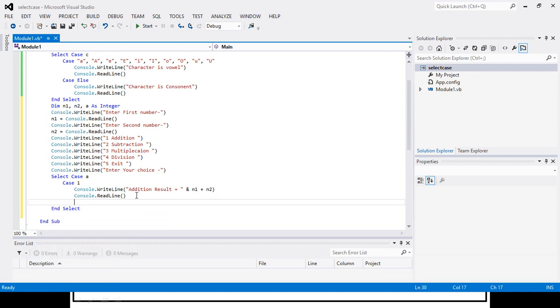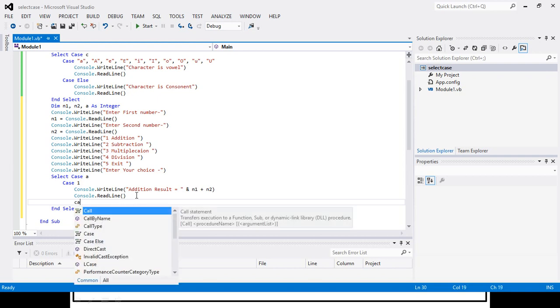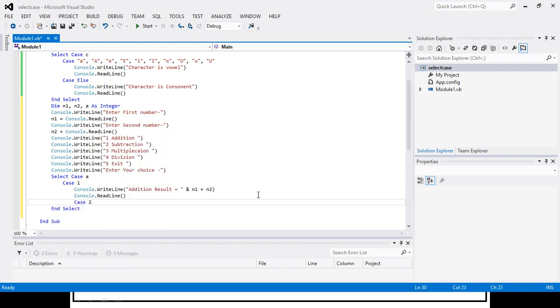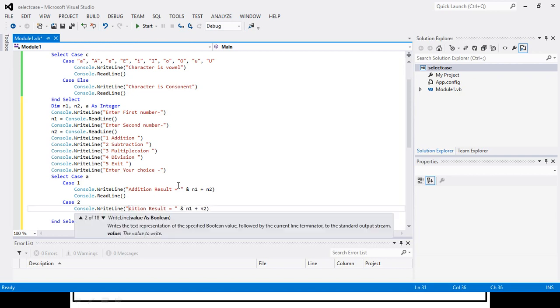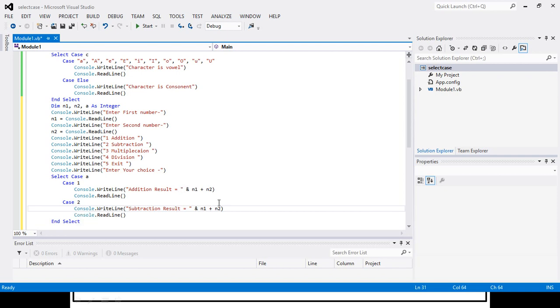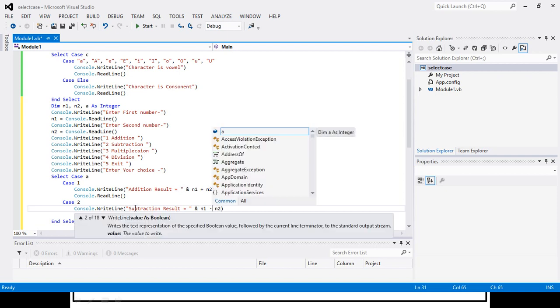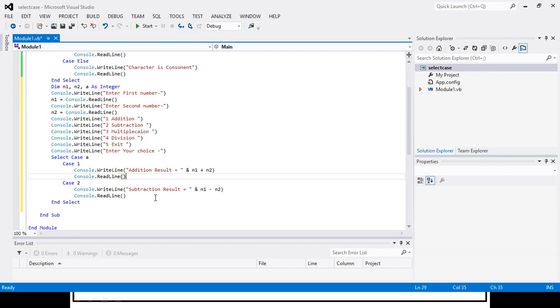I will have other cases, case 2. For that we will perform subtraction. So I will copy paste it for the case 2. Just small modification, subtraction result, and here small change of subtraction.